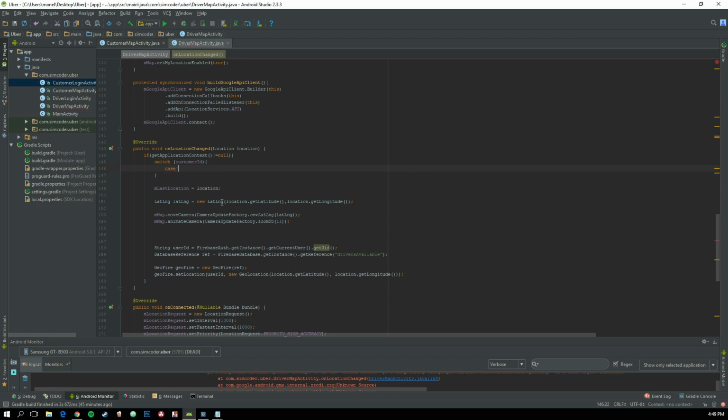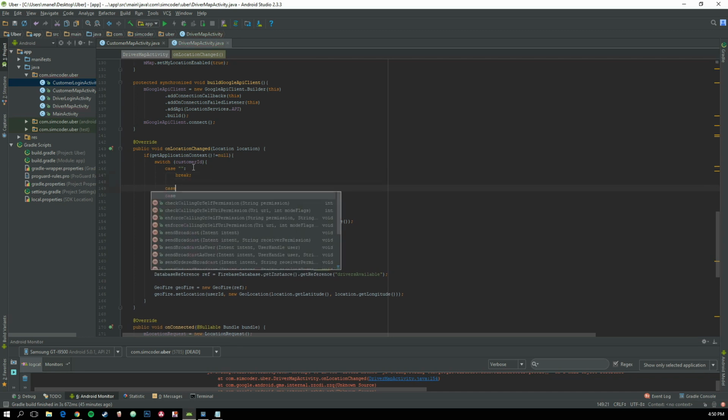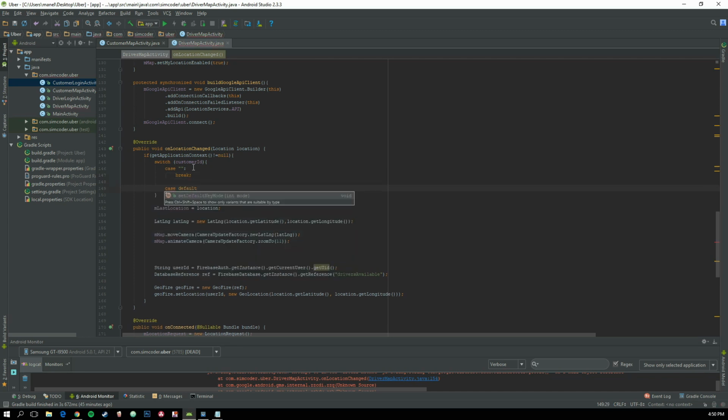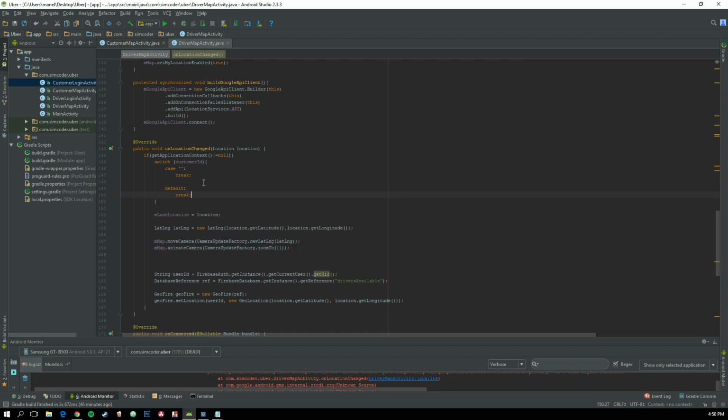So case the customer ID is empty, that means that the driver doesn't need to pick up anyone because there is no customer assigned to him. And then we'll have the case default, which is anything; anytime that the case is different from this, the default will be triggered. So let's break it at the end,